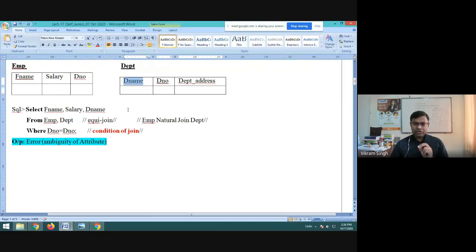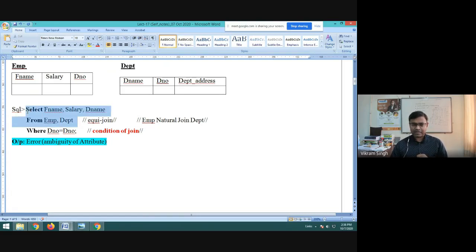It means you need to access the second table also, department, just for the sake of getting the D number in the output, right? So for that purpose only we are accessing this second table, department number. So agar aap itna use karenge, that's what we have discussed in the previous class.